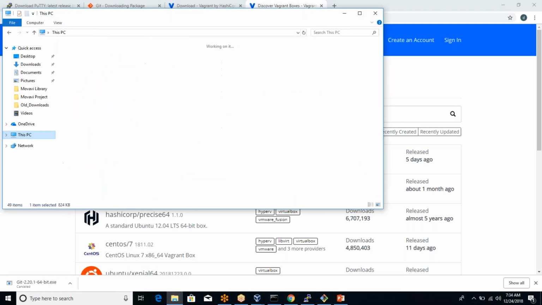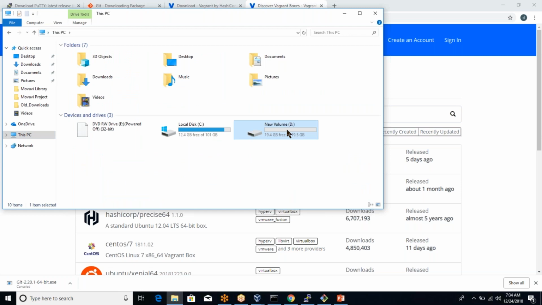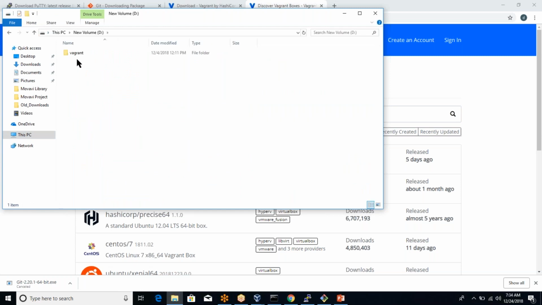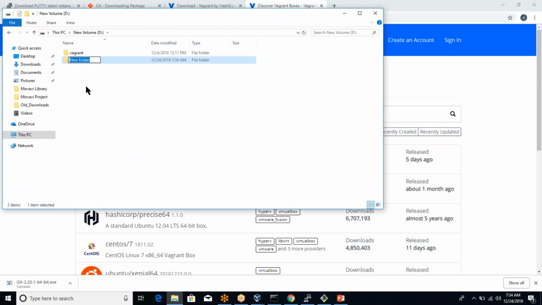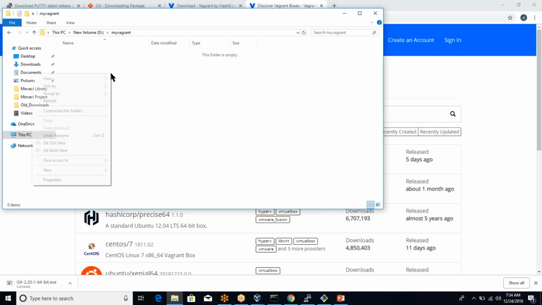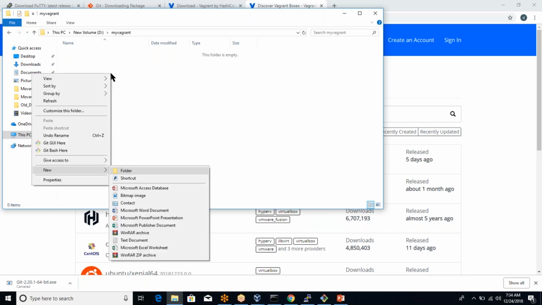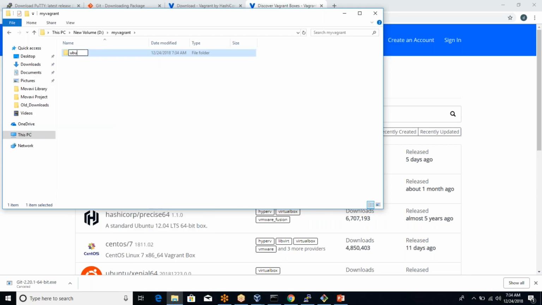So let's do one thing. Let's go to the D drive and create a folder, my Vagrant. In this folder, I will create another folder which says